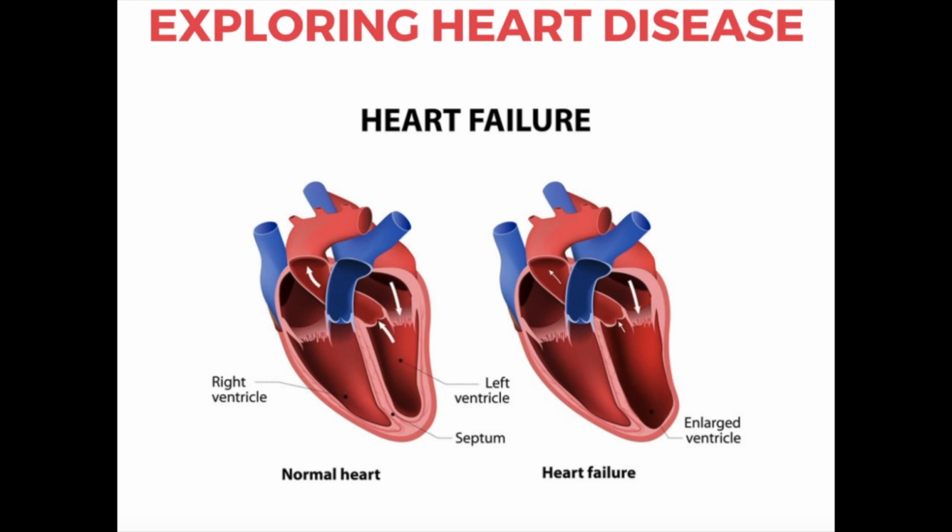In times of stress, the heart beats harder. In times when there's hypertension or other comorbidities, the heart has a tendency to increase its contraction and increase its force. And over time, the chambers and the muscles surrounding those chambers and even the valves begin to change. As a result, if the heart, for whatever reason, starts to weaken, we will begin to see, for example, this is a normal sized chamber of a heart versus how much bigger this one is. You can immediately see how thin the muscle is compared to this area where the muscle is nice and thick and healthy. This, what you're looking at, is called heart failure.